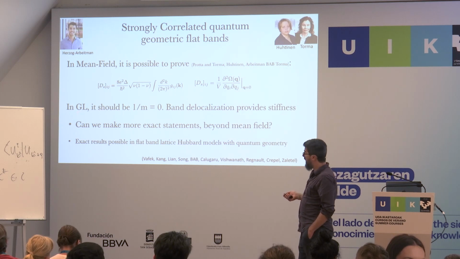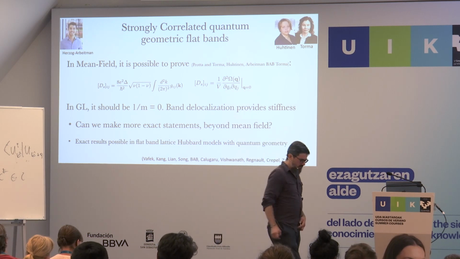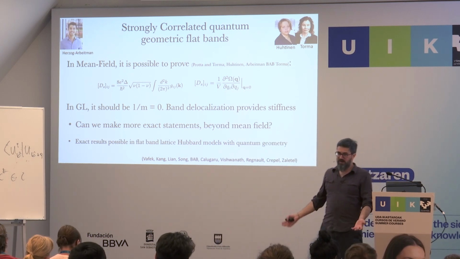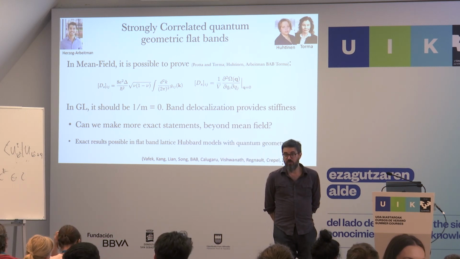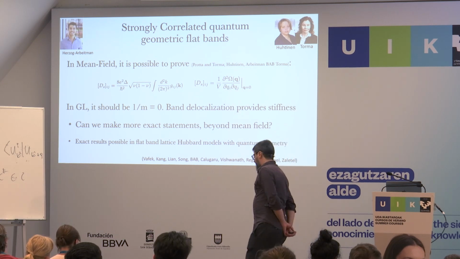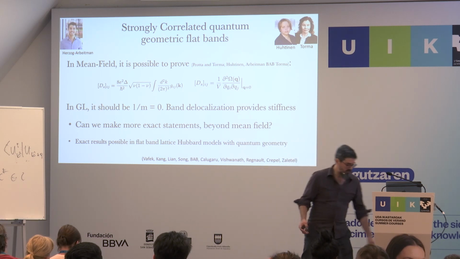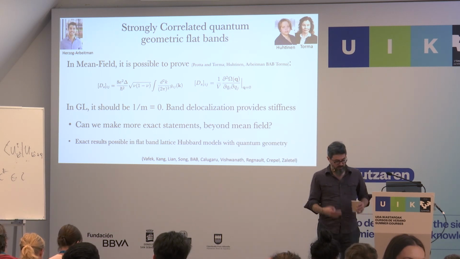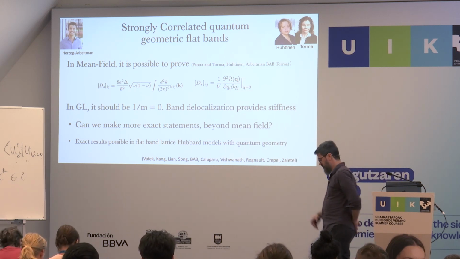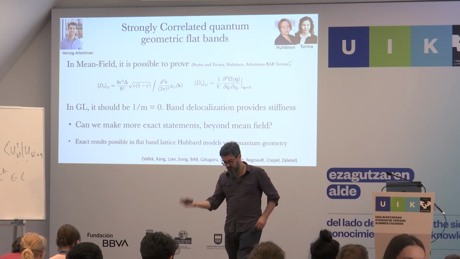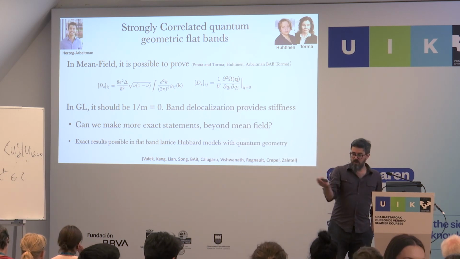And in Ginzburg-Landau, if I have a flat band, as was pointed out in the previous session, all the flat bands in Ginzburg-Landau, as we knew them, were not topological, so they were described by a parameter called the mass, and the superfluid stiffness basically was becoming 1 over the mass. So in flat bands, if you don't take into account the fact that you get quantum geometry, you get wave functions which change, maybe some topology, flat bands basically are localized,